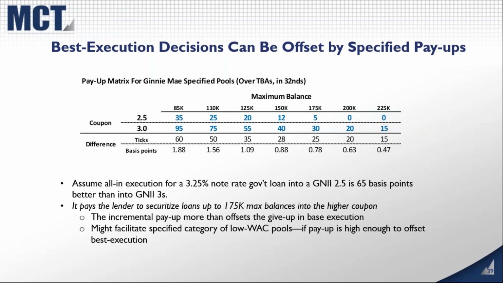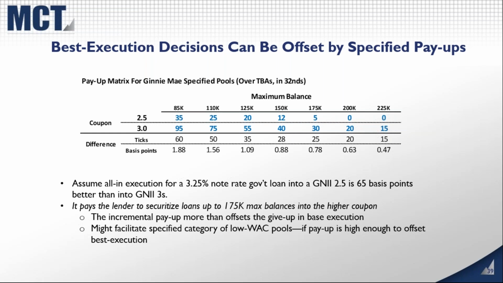And here I'm showing what are current, or say a week ago, pay-ups for maximum balance Ginnie 2.5s and 3s, and these would be securitized as custom pools, not the multi-issuer pools in Ginnie, not the jumbos. But you can see that, it's interesting that there are pay-ups for 2.5s, but the pay-ups are certainly much higher for 3s because of the increased prepayment exposure that you have. So taking the 150K balance, for example, you have a 40-tick pay-up in the market for a Ginnie 2 3s versus the 12-tick pay-up for Ginnie 2.5s, all other things equal.